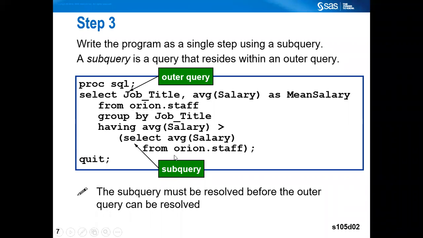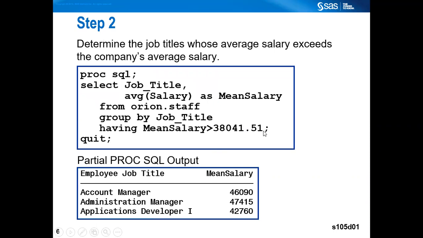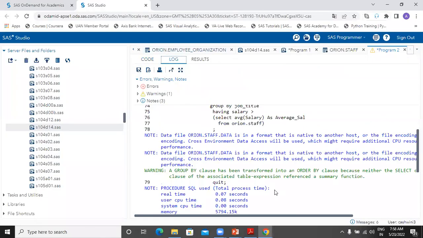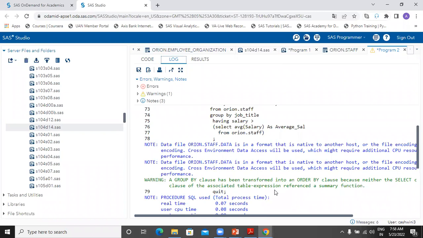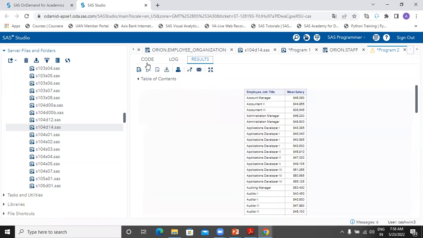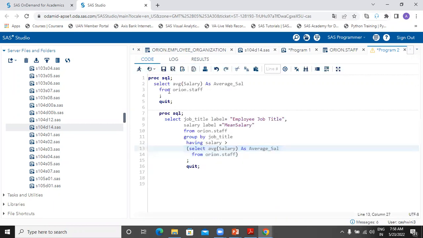Remember, in this scenario, your subquery must be resolved before your outer query. Why? Because your outer query depends on the value passed on by your subquery, which looks like this. Getting it? So when we executed this query, this is what it worked on, and it's giving you the output. There is no special note, but this is the result. And this value is written by this query, which is nothing but that value of 30 and some average salaries, right? Some